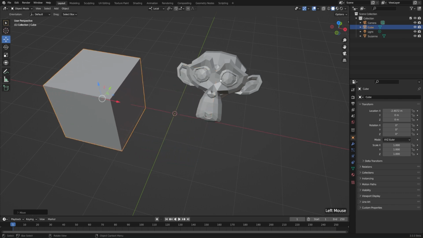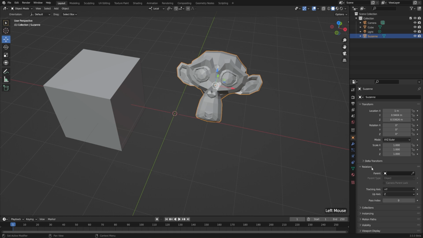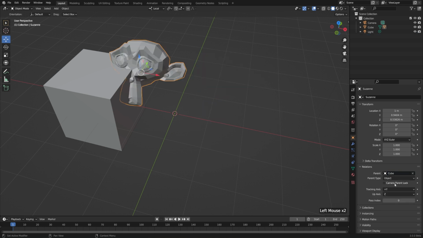Then I can select my monkey here, and now I want to choose the cube as the monkey's reference point instead of the center of the world. Well, I can do that under the Relations panel, under the Transform panel in the Object Properties. So I'll expand that, and where it says Parent, I can just choose the cube. I'll choose that from the drop-down list, and now you can see that the monkey has jumped over and attached